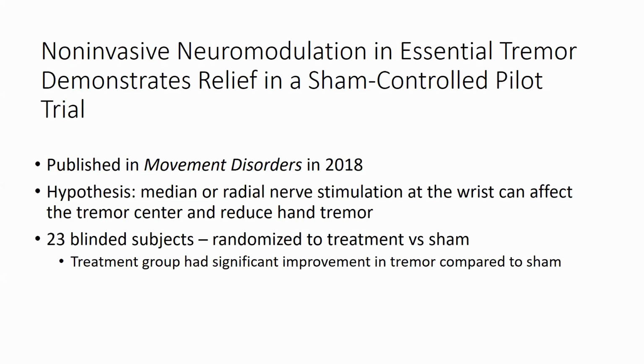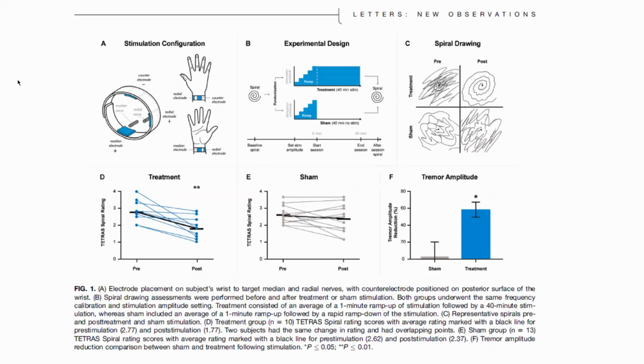So this was another study published in Movement Disorders in 2018, where 23 blinded subjects with ET were included. And then some of them got treatment stimulation, and some of them received sham stimulation. I can show you what that means. So if you look at panel A, this is what the bracelet looks like. And they position these electrodes appropriately over the median and the radial nerves. And then they had the subjects draw their Archimedes spirals prior. That's the baseline spiral. The treatment group received a 1-minute stimulation ramp up, followed by 40 minutes of continuous stimulation,